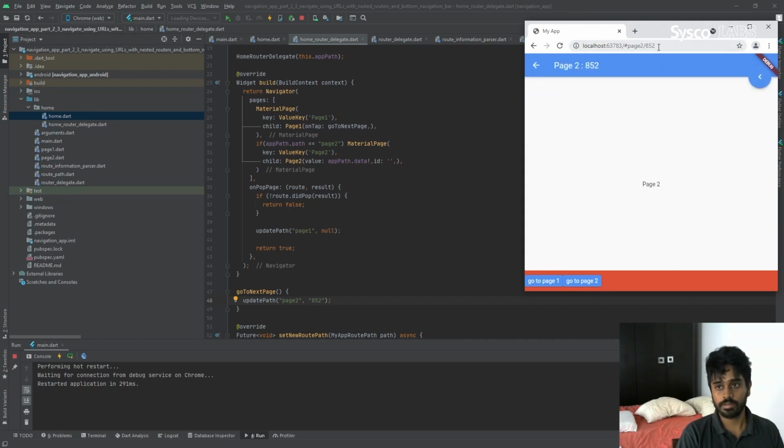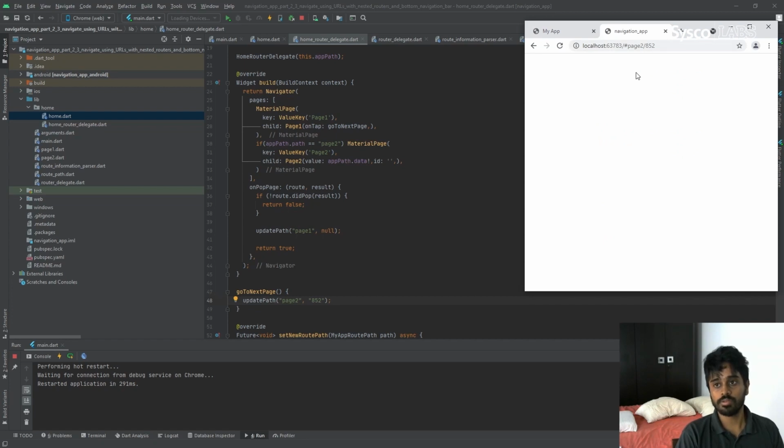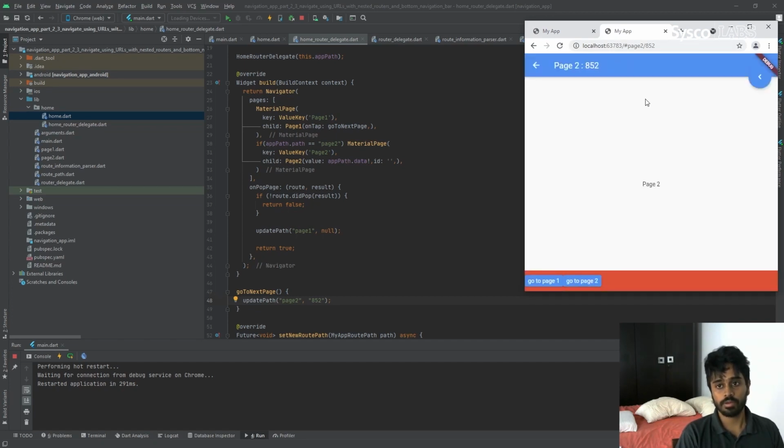And here now when you copy the URL and open it in a new browser, you will have the same state, because we are rebuilding the whole navigation stack, right? So we have the home page, page 1 and page 2, because we are going to this URL now. You will have it because the path is now page 2, right? So this page 2 is also generated. Now when you press back, you can go to page 1. So you have the same state which you had in this web application. You can do that using Navigator 2.0.